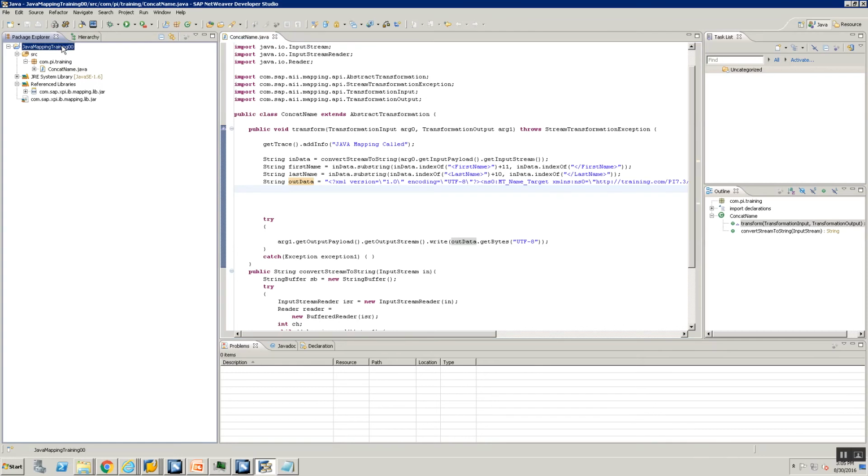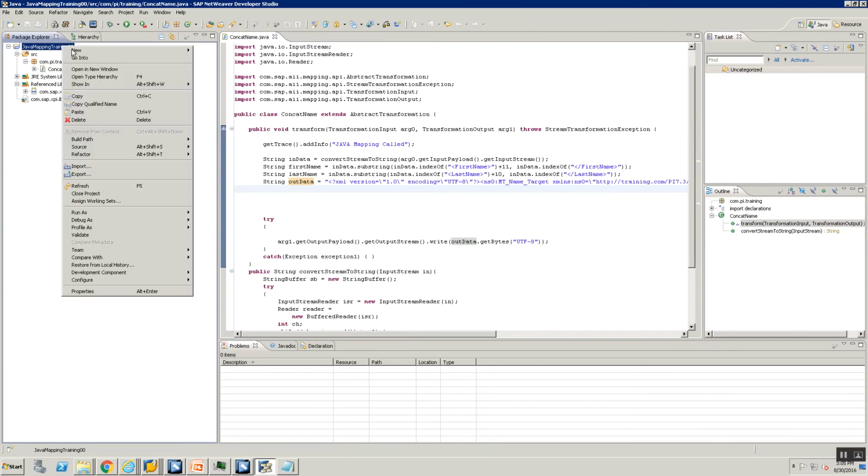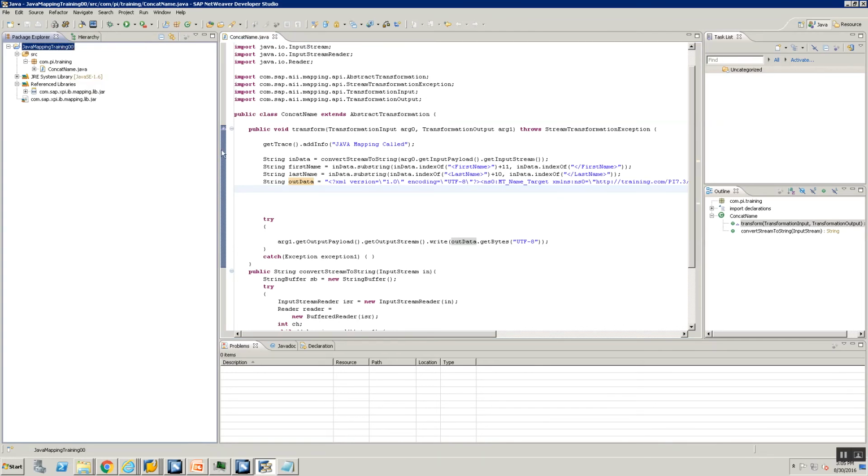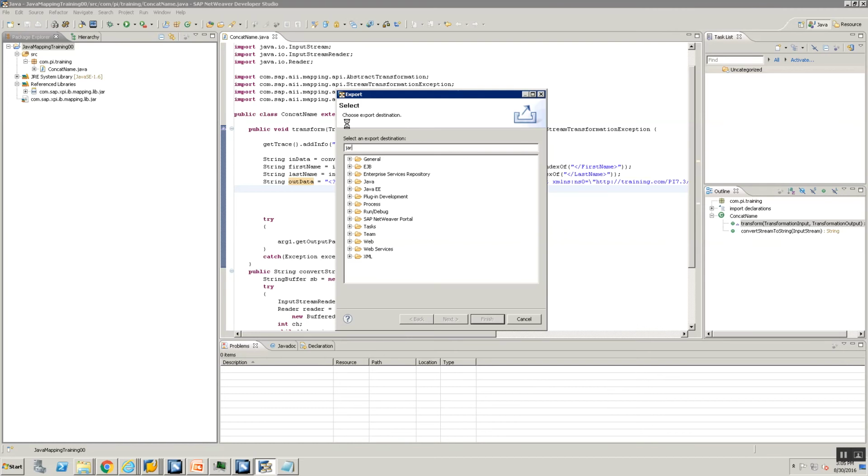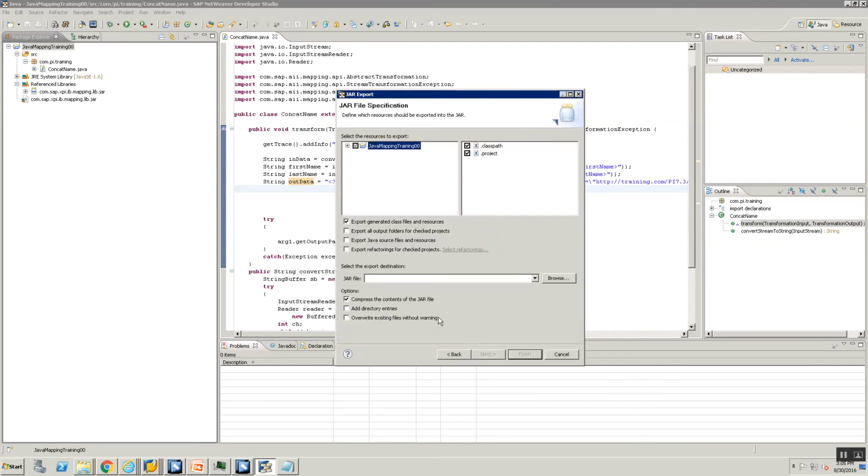So now I'm going to export my project. Right click, export, select a jar file. Okay, say next. So it's going to ask you what are the jar files that you need, right? So this is my package. I'm saying, yeah, make sure that export the generated package. Make sure you also select export the generated source files and this.